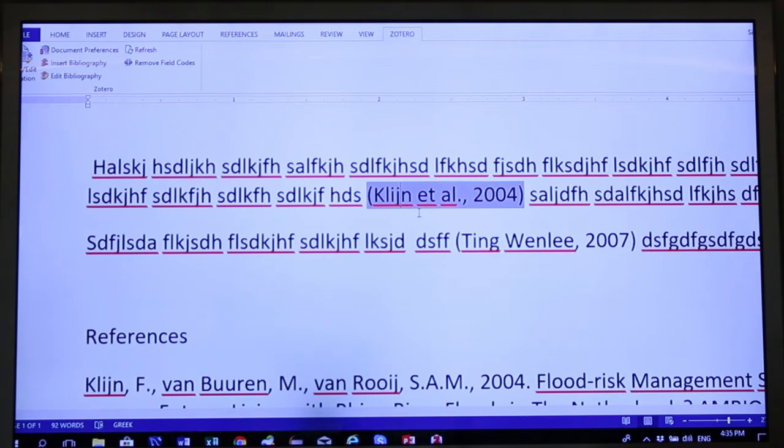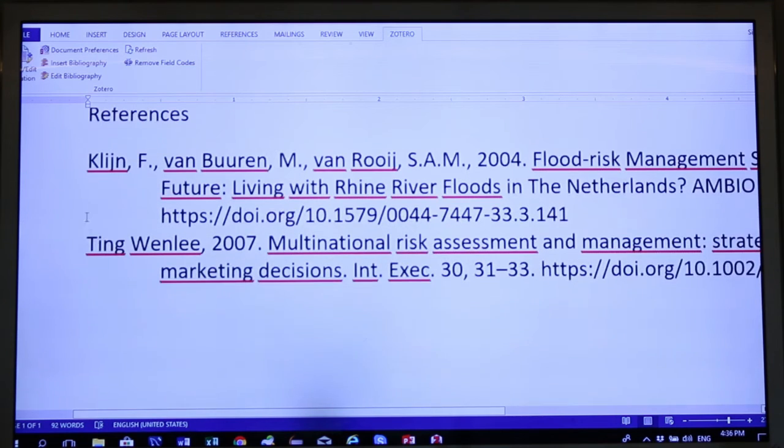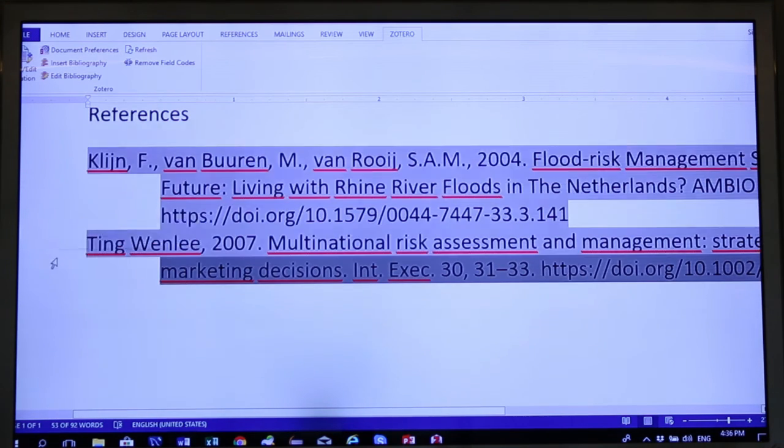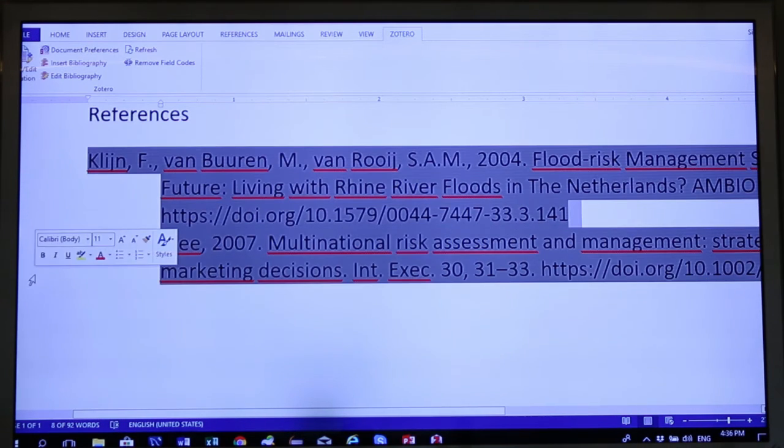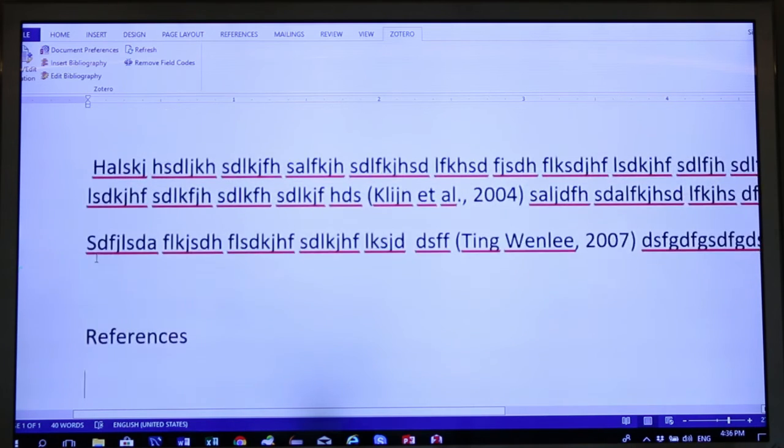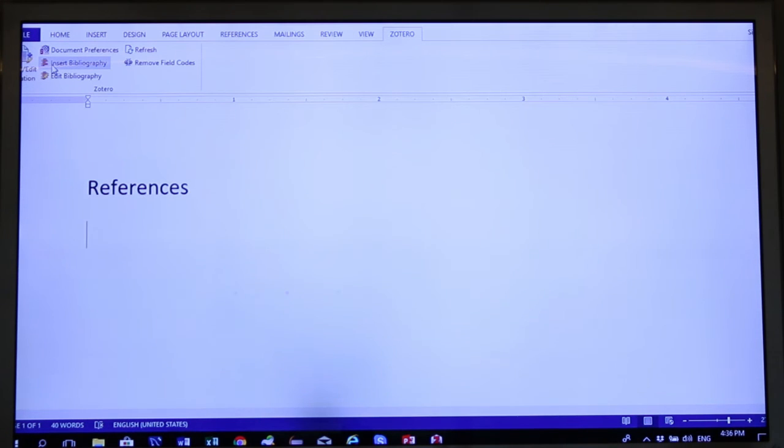Yes, I can repeat what you would like. The last step, how I add the references. There is a button here, insert bibliography, in the same way that we said insert table of contents. You remember?